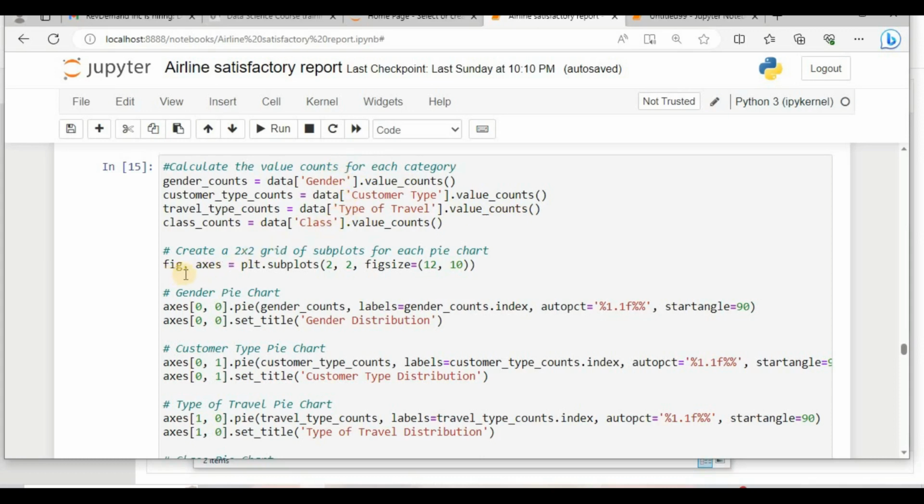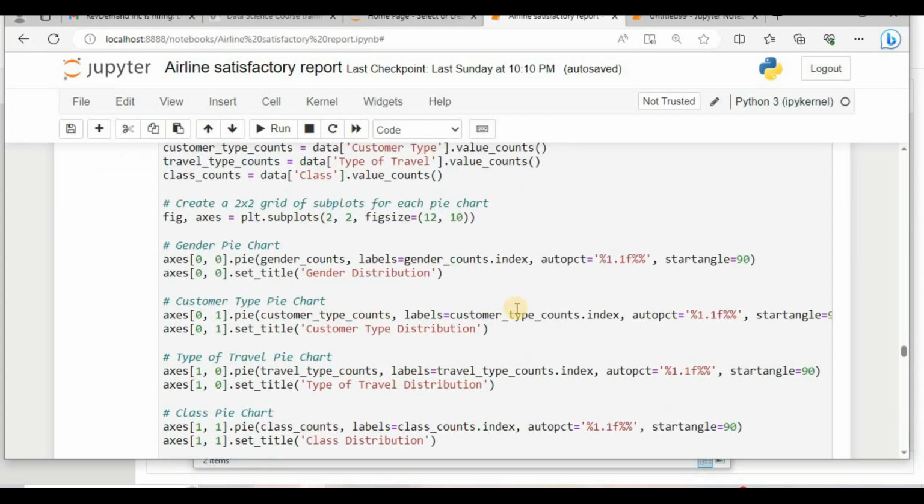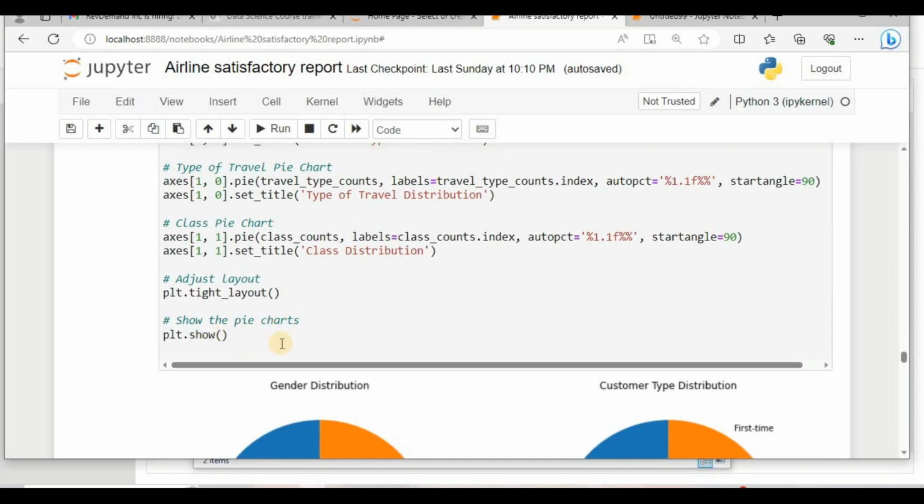Next, it will create a size, like what will be the size where we want to put these charts. Then we have created some charts, which we will call pie charts here. And for the pie charts we have given formulas for each and every one. So you create an individual pie chart for each category variable here. So X is 0, like a pie chart for customer count, a pie chart for all this. And then after this we will tight plot them, and then we will show them.